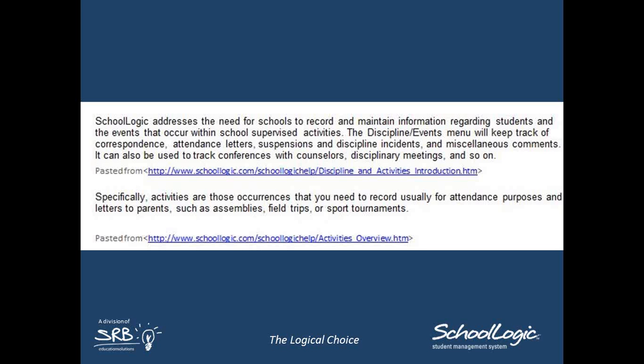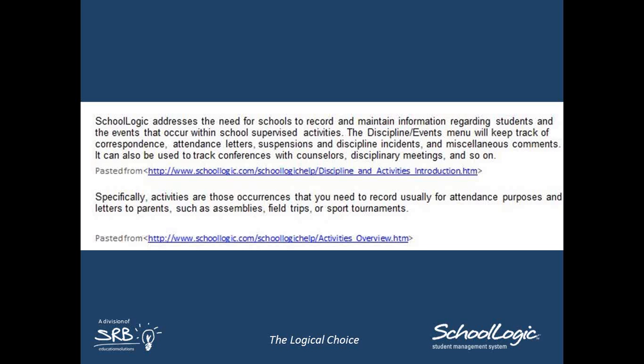Now, here's my personal take, not necessarily endorsed by my developers or my managers, but my question would be this. With all of the entry and detail that's possible in today's discipline incident area, remember we updated discipline incident 2-3 years ago, and now you can have multiple offenders, multiple victims, multiple discipline actions, all from one single offense.